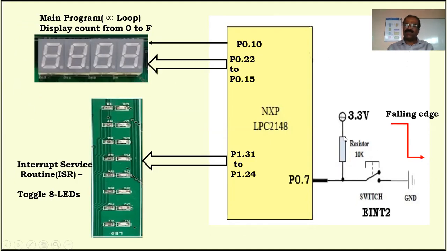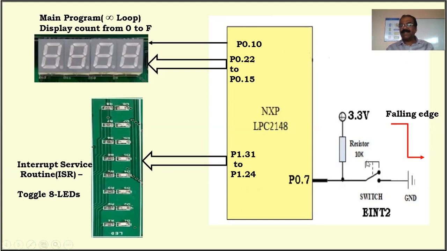We know that by default it is high because we are using a push button switch. With a push button switch, by default it is open, and this point is connected to 3.3 volt, that is high. Once we press, it changes from high to low, because this is connected to ground. Therefore, what type of polarity is it? Negative, a falling edge. So we have to configure this also. Then only it's going to sense the interrupt. During this transition, it comes to know that there will be a request.